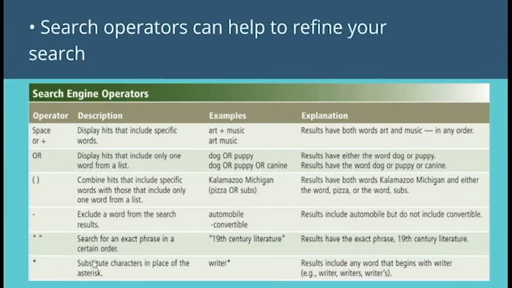And then we have the asterisk, substitute characters in place of the asterisk. So for example, writer asterisk, so yung results include any word that begins with writer. Example, writer, writers, ano siya. So these are the search operators that will help you to filter or to refine your search